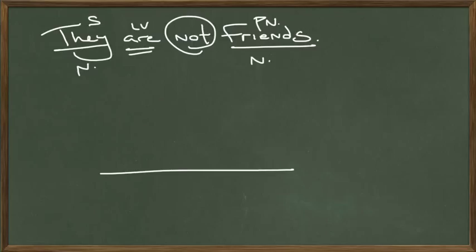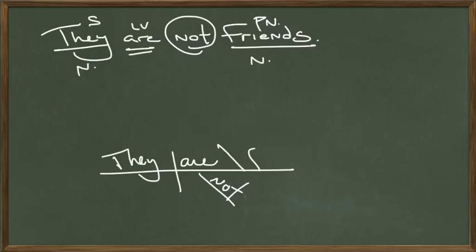We diagram this the same way. They are. Adverbs go underneath the verb or the word they modify. They are what? They are not. They are not what? They are not predicate nominatives. They are not friends. Since this is a predicate nominative, it goes after a slanted line to the main line